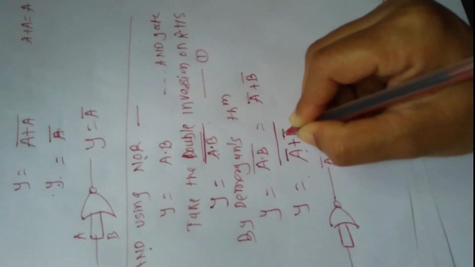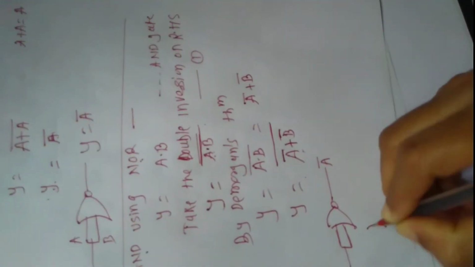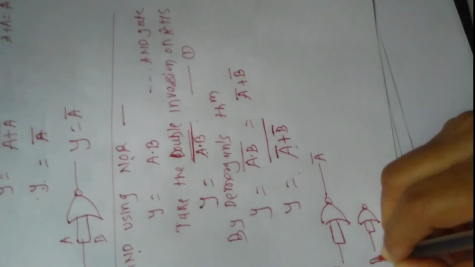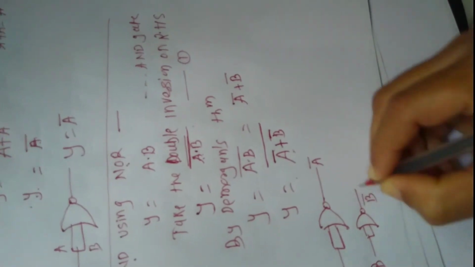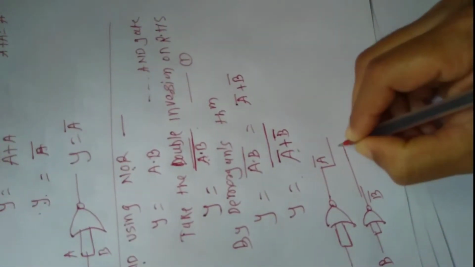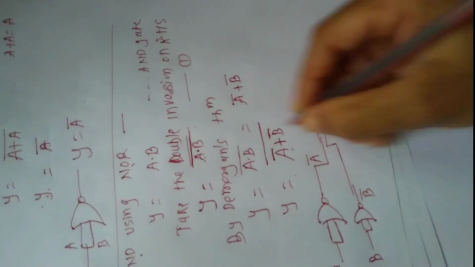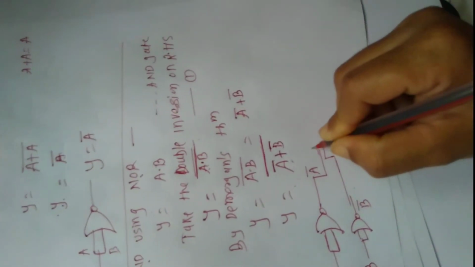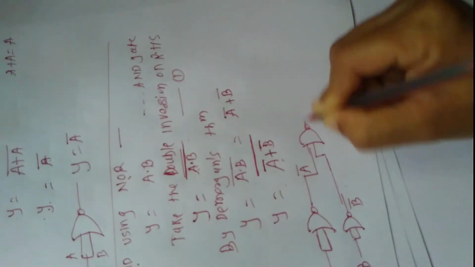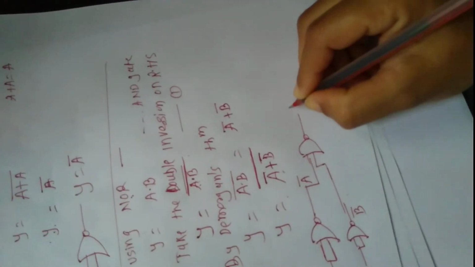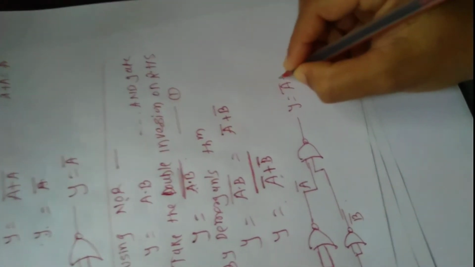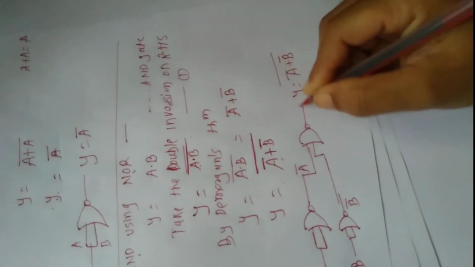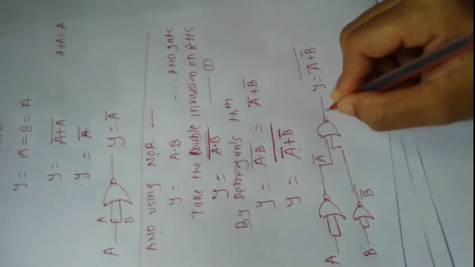The second term is represented as b bar. The NOR gate has two inputs, those two inputs are combined, and the b input is given, and the output is b bar. So this is a bar and b bar, and another term is represented as a complete bar. So we connect another NOR gate. The output of this last NOR gate is a bar plus b bar and complete bar. This is the universality of AND using NOR.